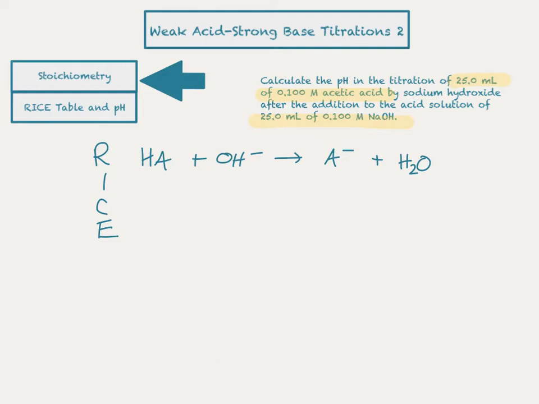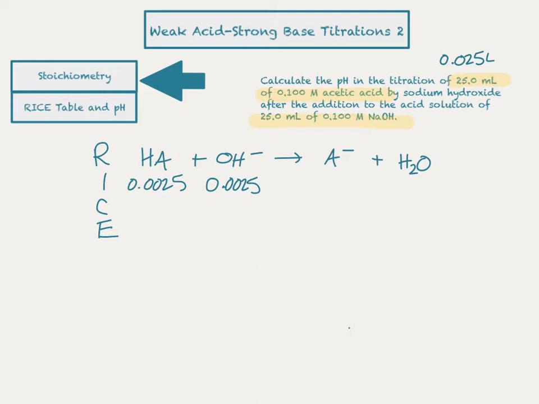Now for our initial moles for our acetic acid, I'm going to be taking the 25 milliliters, which I will change into liters for my calculations. So I'll do 0.025 liters times my 0.1 molarity to get my moles to put in my RICE table. So I have 0.0025. Now for the hydroxide, I'll do the same thing. 0.025 times 0.1, strangely the same number,